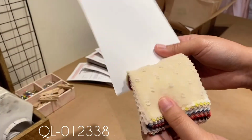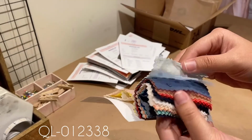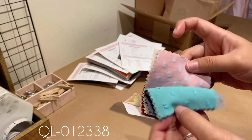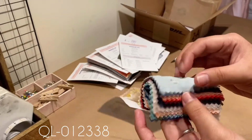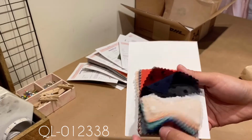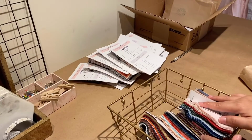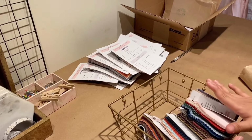It's textured, really cute. And we actually might use this color right here. This color or this kind of blue or this. Really beautiful. So I have ordered from Swatch On before, and I did notice that they have a change of